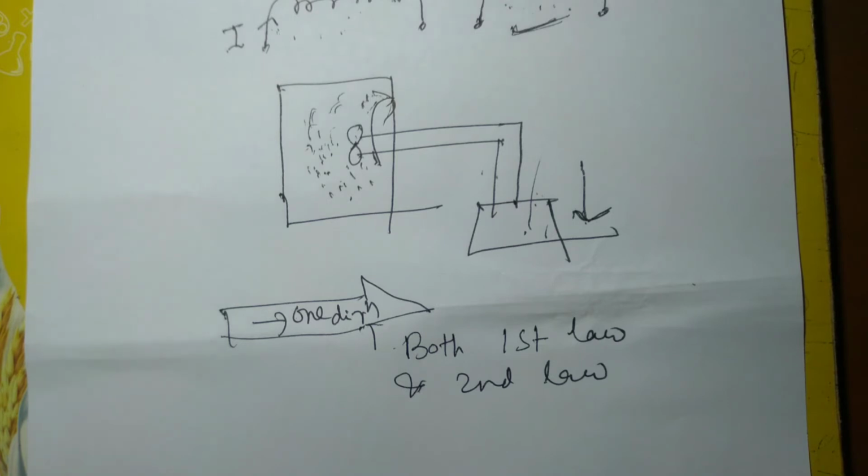So the second law's first important role is that it discusses the feasibility of processes. The second law can only decide which process is feasible or not. And the second most important thing that the second law does is